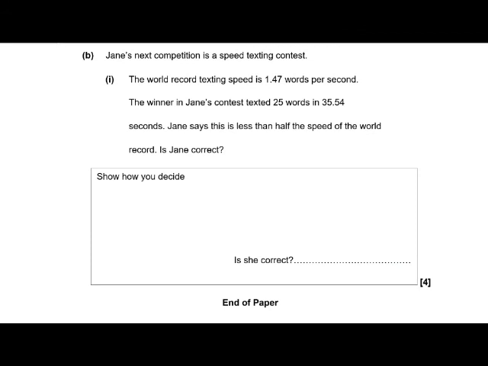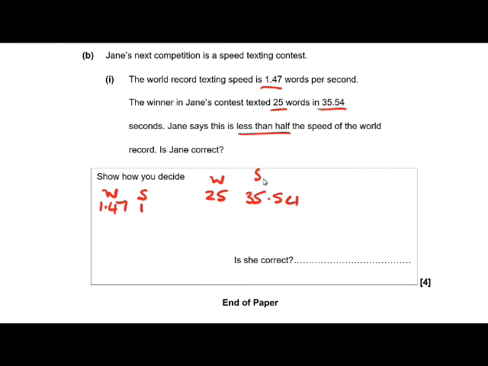The final part of the question says that Jane's next competition is a speed texting contest. The world record texting speed is 1.47 words per second. The winner in Jane's contest texts 25 words in 35.54 seconds. Jane says that this is less than half the speed of the world record. So the world record, we have a relationship between words and seconds, and it's 1.47 words per second. In her competition, she has somebody who did 25 words in